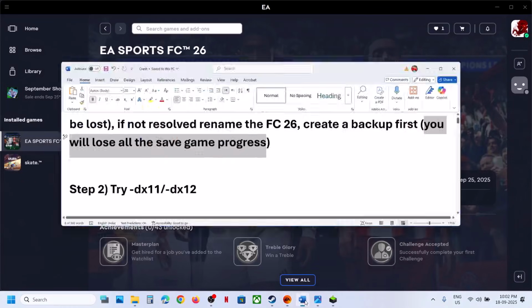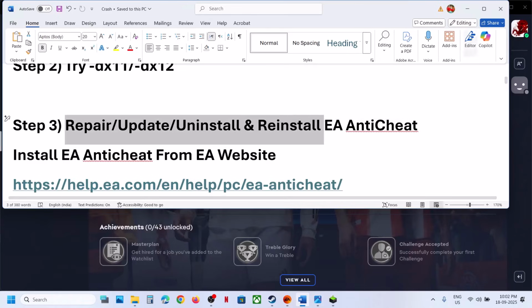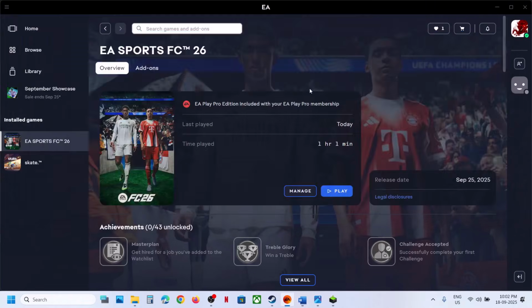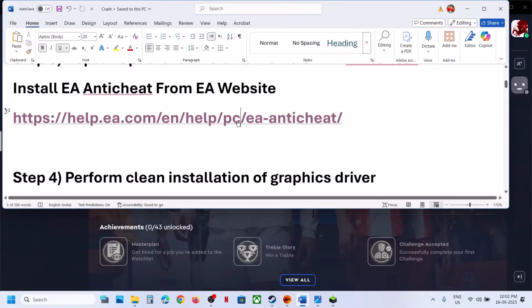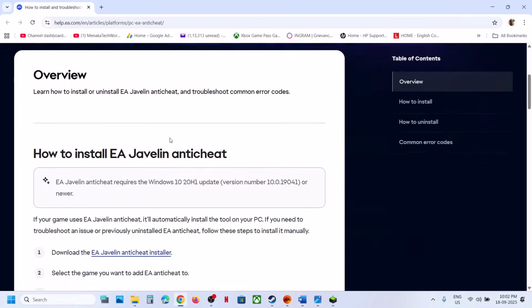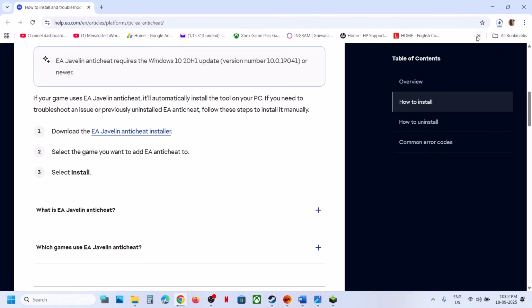Now the next step is to repair, update, uninstall or reinstall EA AntiCheat. For this you can copy this link. The link is provided in the video description. Open this link in a browser. It will take you to the EA website, and here you can see Download the EA Javelin AntiCheat installer. This is the official website. So download this and then you can run this file